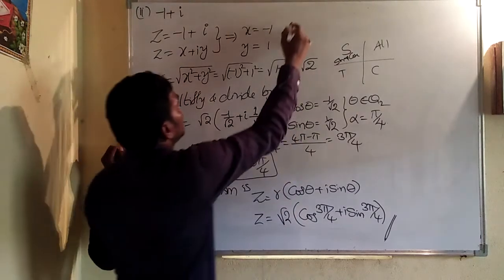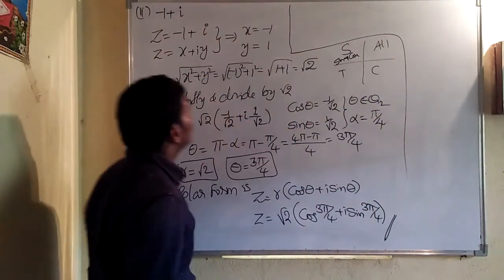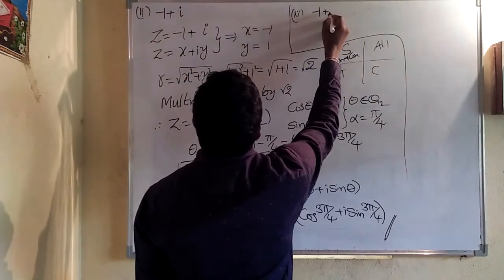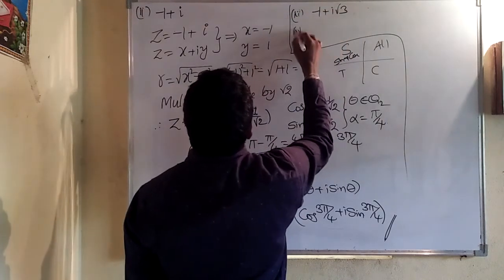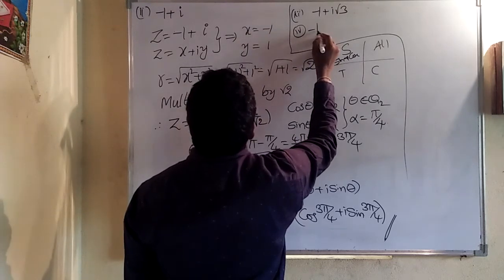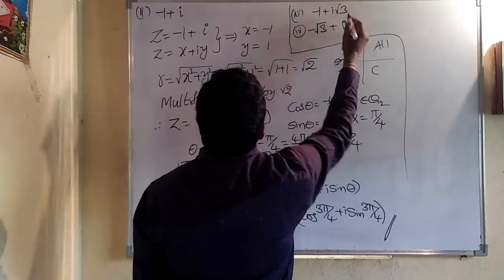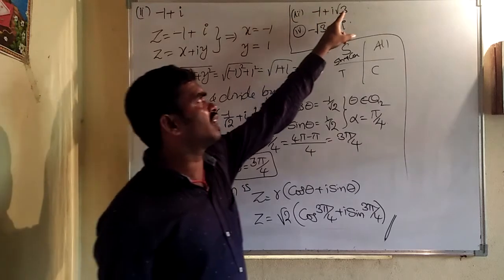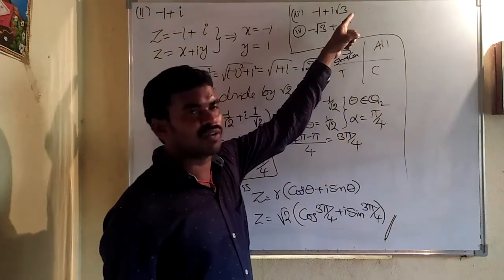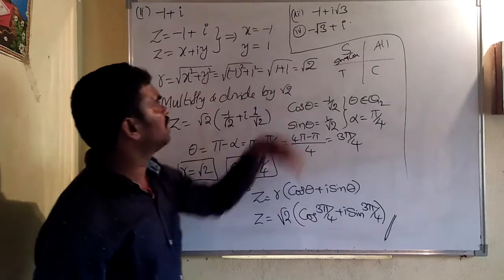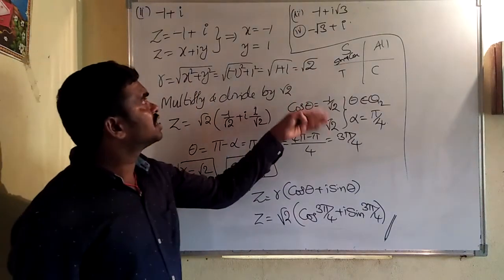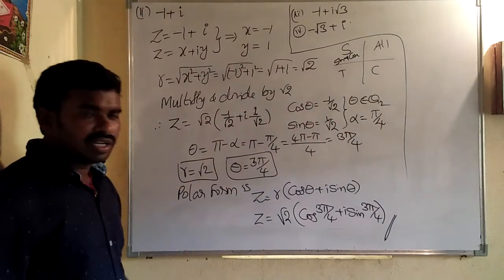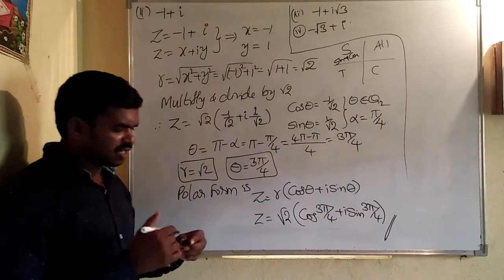In this second quadrant, I will give you one homework: -1 plus i root 3, that is, minus root 3 plus i. Simplify this the same way. What is x? -1. What is y? Root 3. Find out the R value here also and multiply and divide on both sides. Check it: cos negative, sin positive, which quadrant, like that. It is simplified. 1, 2, 3, 4. I'm going to say the fifth question.